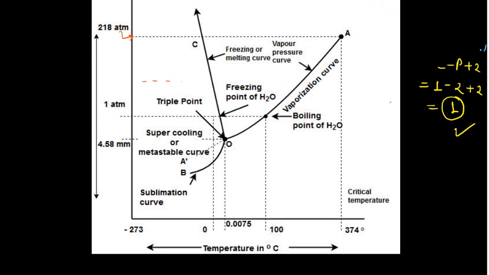Okay, so there is no problem in that. This I have explained. All along the curve you will find the two phases, and whenever you are having the two phases, the degrees of freedom is 1. At the triple point, the system is invariant, because there are 0 degrees of freedom, because you cannot vary anything. So this is the curve OA. I hope there is no problem in that.